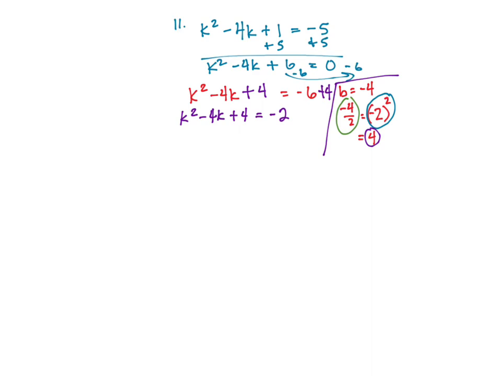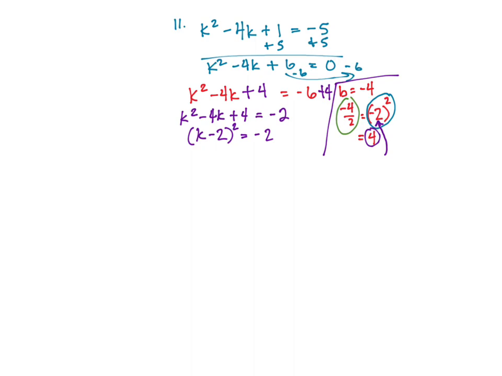What are factors of 4 that make negative 4? Negative 2 and negative 2. Hint, hint, they should always be the same. Second hint, they should always equal whatever you got when you halved b. Every time. So if you're struggling with how that factored, it's whatever you got when you took half of b. It's negative 2. So here we have k minus 2 squared